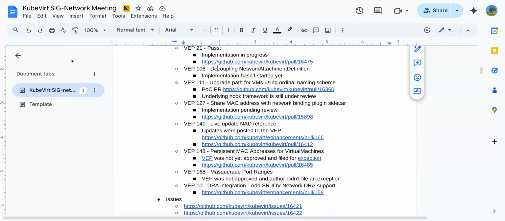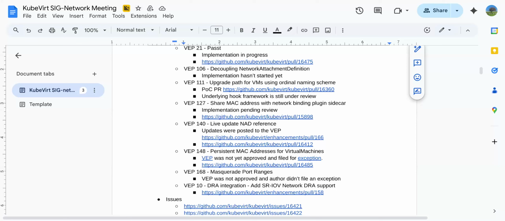It's the decoupling of network attachment definition. So, just in a nutshell, I'll explain what it does today for secondary networks. The KubeVirt virt-controller queries the network attachment definition CR of the secondary network to find out if it has any custom resources that it needs to set up on the node, and there is already a tool that knows how to do that, an external tool by the Kubernetes network plumbing group that's called Network Resources Injector.